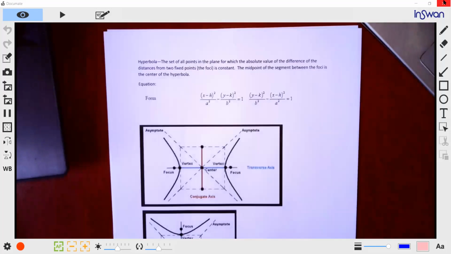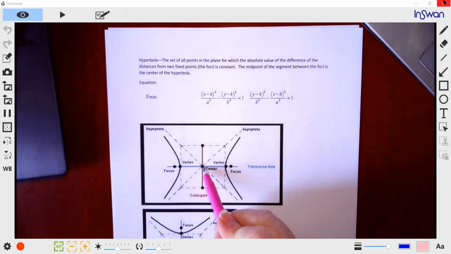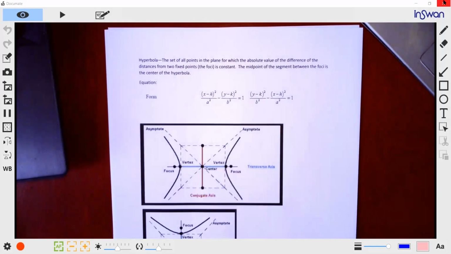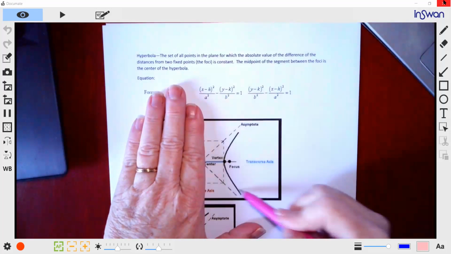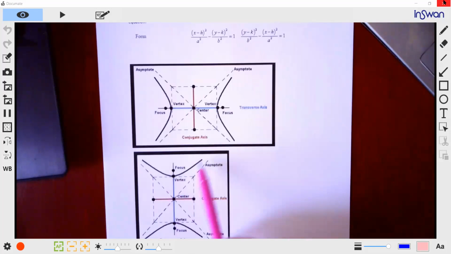The hyperbola is the set of all points in the plane for which the absolute value of the difference of distances from two fixed points, called, once again, the foci, is constant. But rather than adding the distances, we're going to subtract them. The midpoint of the segment between the foci is what we call the center. So basically, it looks like we have two parabolas going back to back,